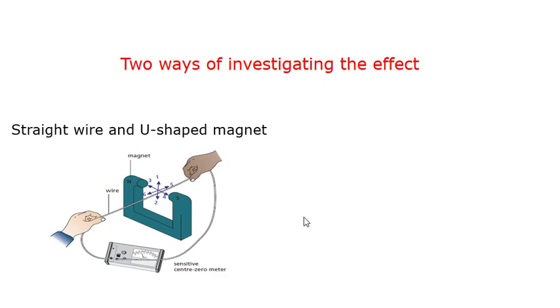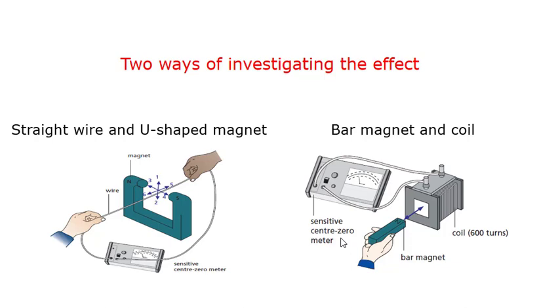Now let us see one more activity. We will see bar magnet and coil. Here we have one coil which is again connected to a galvanometer. Now I have a bar magnet which I move in and out of the coil. When I move this bar magnet into the coil, I see deflection in one direction. When I move it in the opposite direction, I see that the deflection in the galvanometer is also reversed. Let us see an animation with which it will be clearer how the current is induced in the conductor.